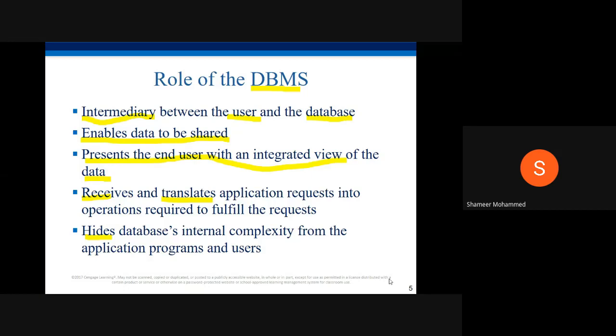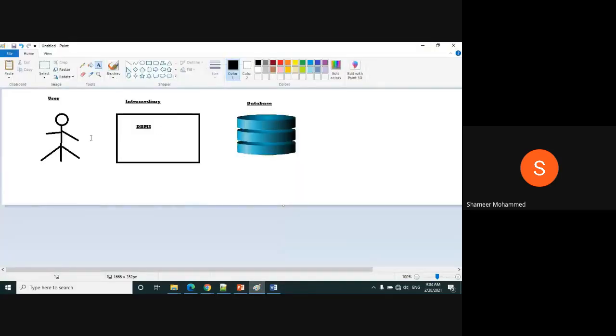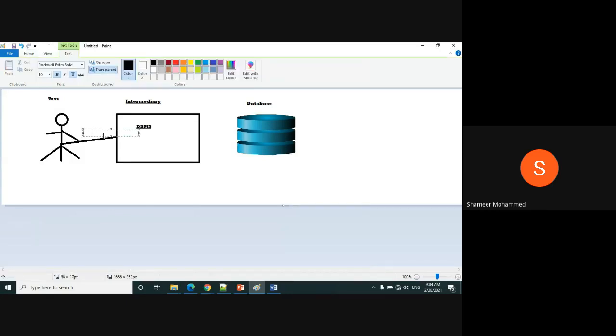Okay. Next point, the role of DBMS is it will receive and translate the application request into operations required to fulfill the request. For example, you are the student. You want to see your data in this database. You are requesting by typing your student ID. I want to see my marks.